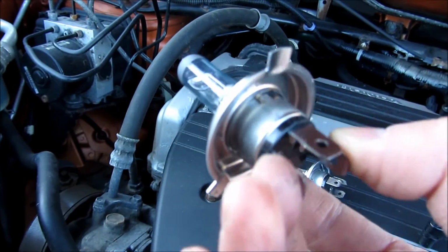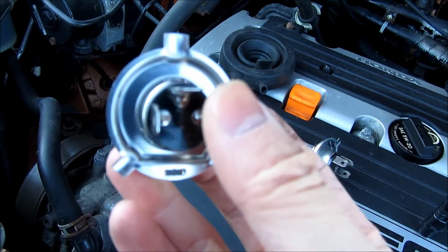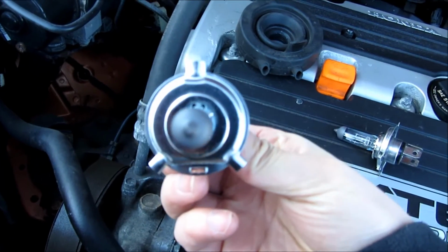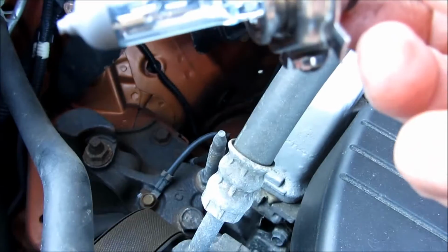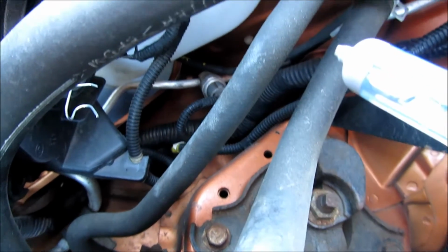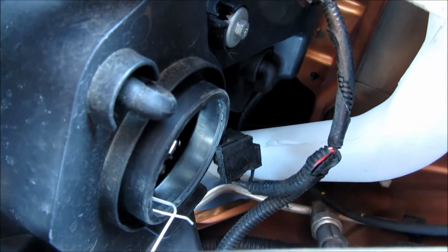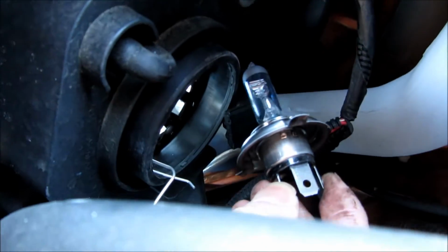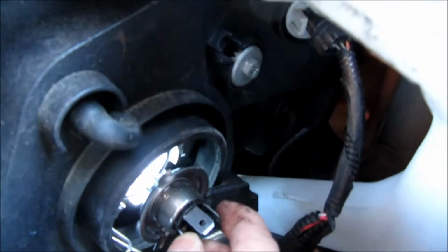This is a new bulb that I'm going to put in, and make sure not to touch the bulb with your hands and get any grease on it, because that will affect the life of the bulb. You'll notice here that once again I am putting the bulb in this configuration with 1 notch at the top and the 2 notches at the bottom, and that's how it gets aligned into that light socket and holding fixture. I am going to try to navigate down these hoses without having the bulb touch any of the grease around the car, and I am going to put it straight into the middle and rest those notches around that circular bulb exterior